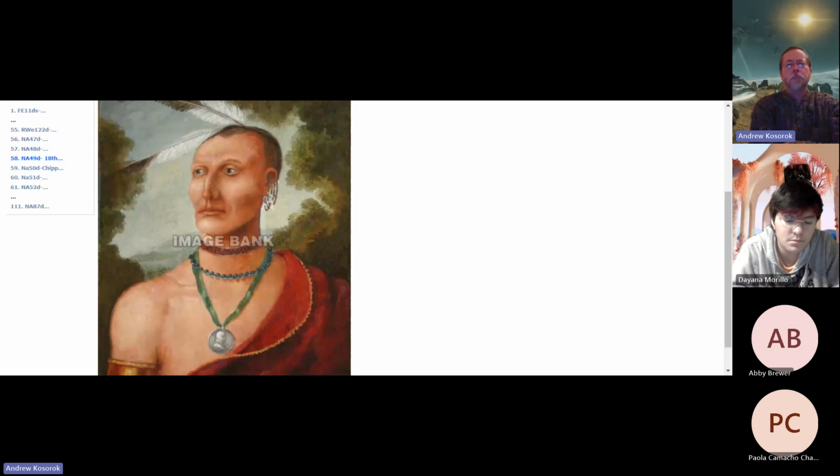Then you get the whole idea of manifest destiny, and this changes very quickly. We can see in political cartoons of the time, all of a sudden, the indigenous populations are being portrayed as stupid subhumans. And it's the caricatures of features. I mean, you look at this individual that I'm showing you, he is a head of state. He's obviously a prince,